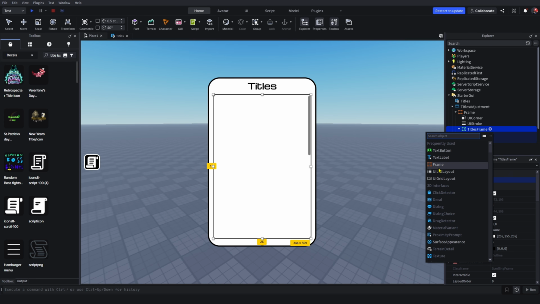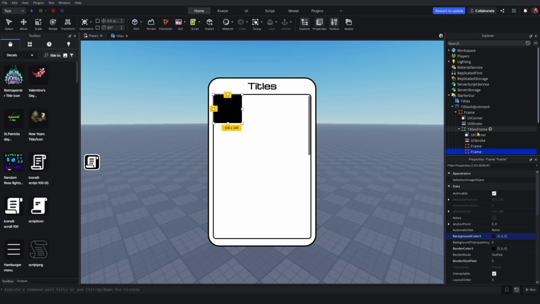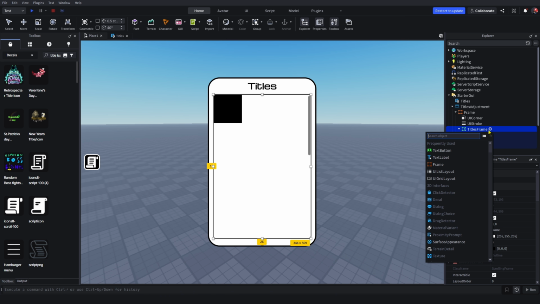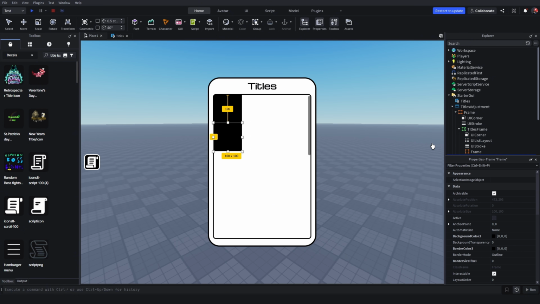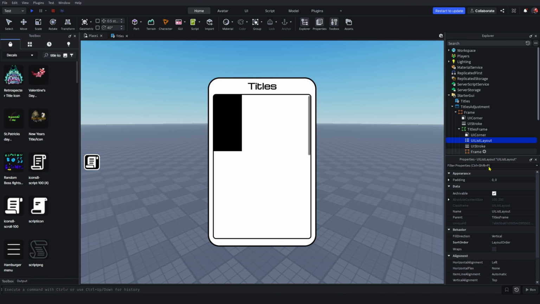Now we need to do a frame. Then let's make it black. This is just for a reference, by the way. So if I delete one of them, it's going to be right there. Now we need to do a UIListLayout. So if we duplicate this, now it's going to be down there. And I can't move this around because it's locked. So now on the UIListLayout we can do padding 0.1, that's quite far, 0.01, yeah, that's probably